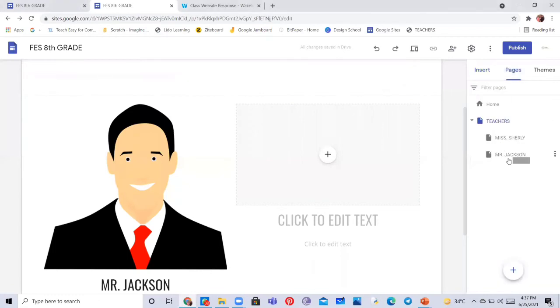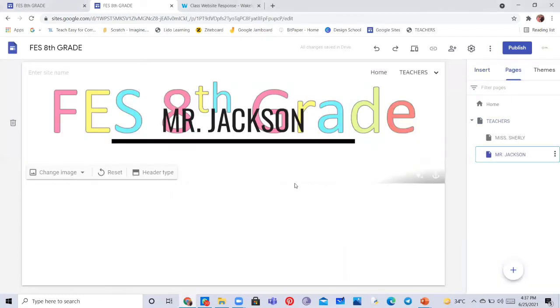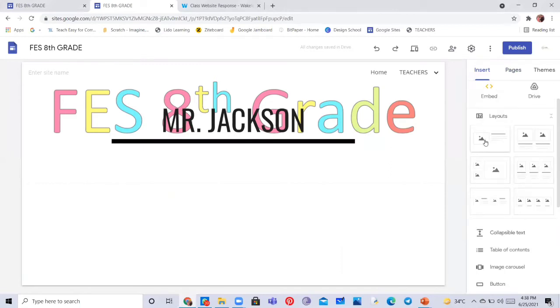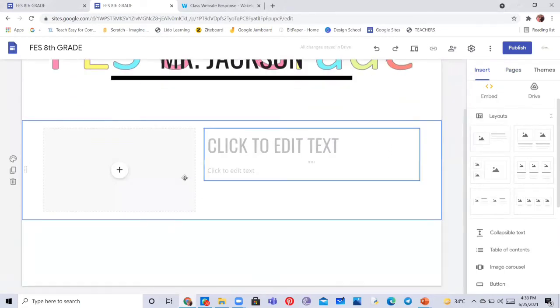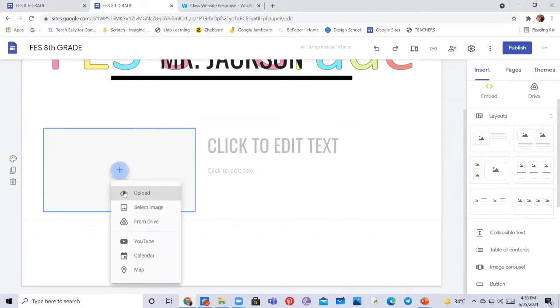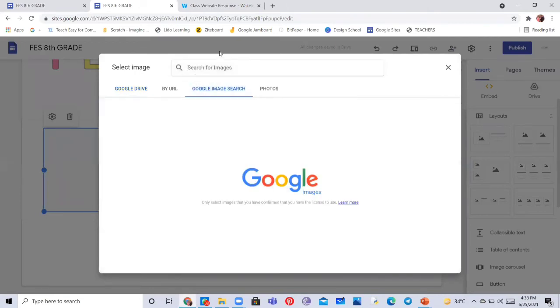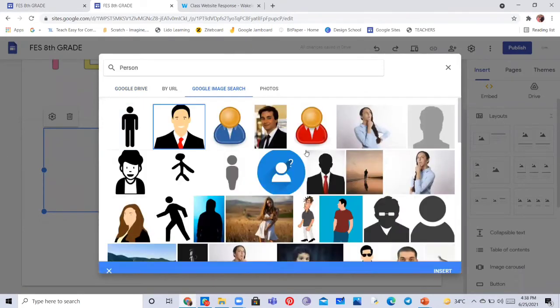And then we are going to the subpage of Mr. Jackson and go to insert and add the first layout, which is a text and an image option. So you can upload the image of the teacher, and you can add the name, his or her qualifications, or any introduction by the teacher. I'm going to search on the same thing and get the image.